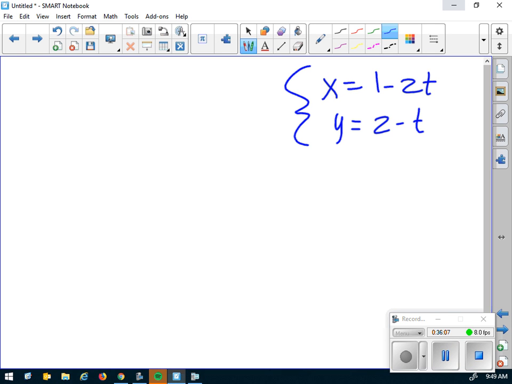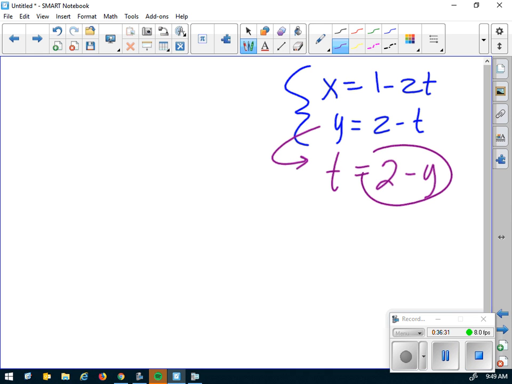So let's go back here and let's see if we can figure out what kind of line it is in function mode. Let's take either one of those equations and solve them for t. Which one? Okay, let's take this one and solve it for t. That's going to be t equals 2 minus y. If I substitute that in here for t,